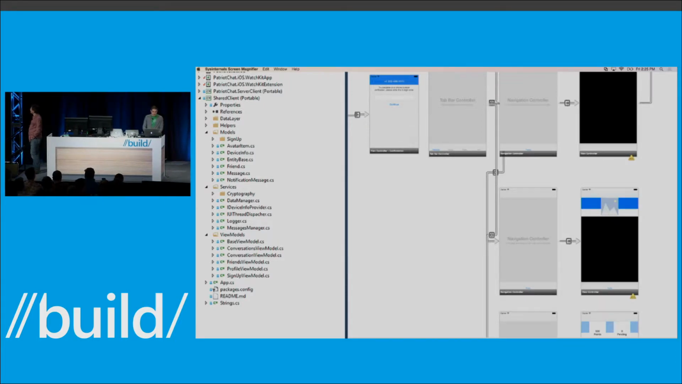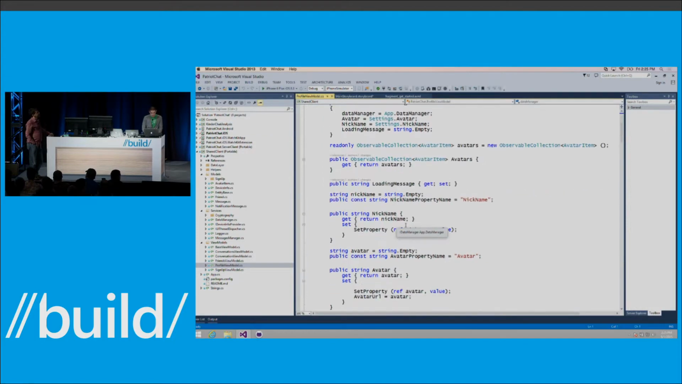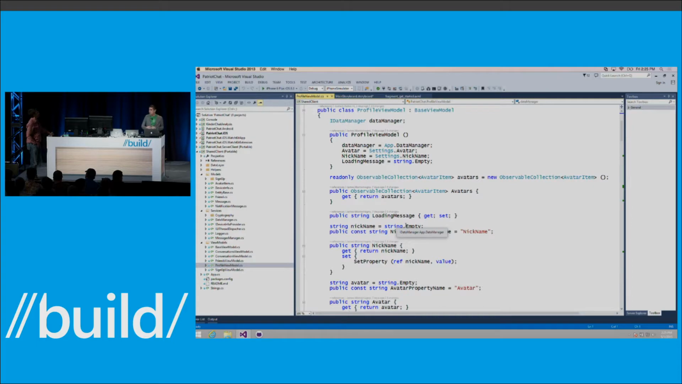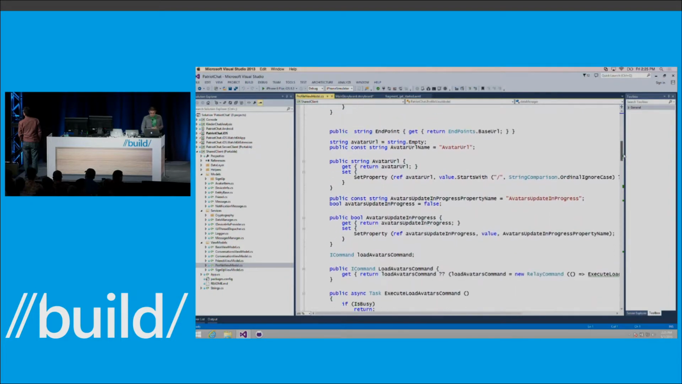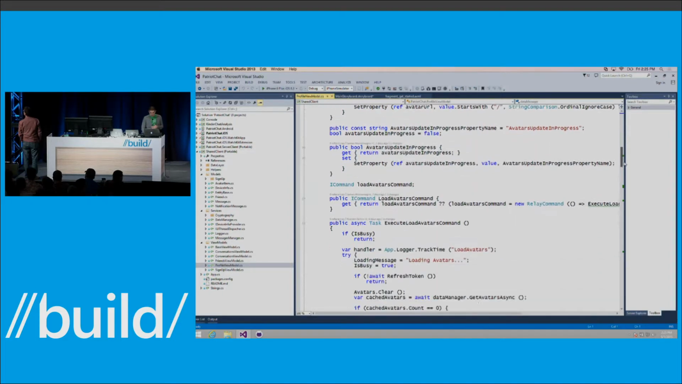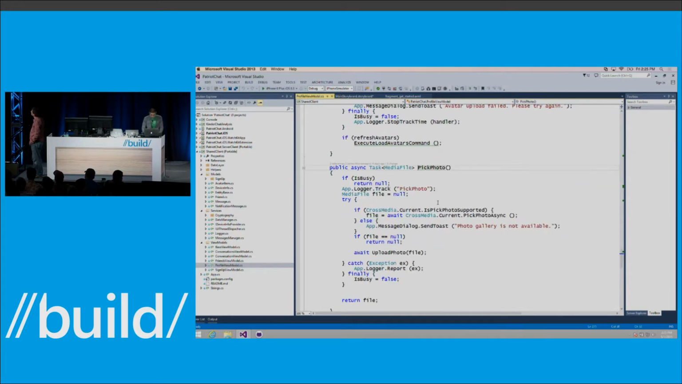In fact, going into the profile view model is actually really interesting. We have different interfaces for data management, so actually storing things in a local SQLite database. We have public getters and setters. So some of this code is going to look very familiar to you. We're using different things in here. But if I pull down into some of these methods, for instance, let me go ahead and say pick photo for here. The logic for picking and uploading the actual photo and taking the photo is all in shared